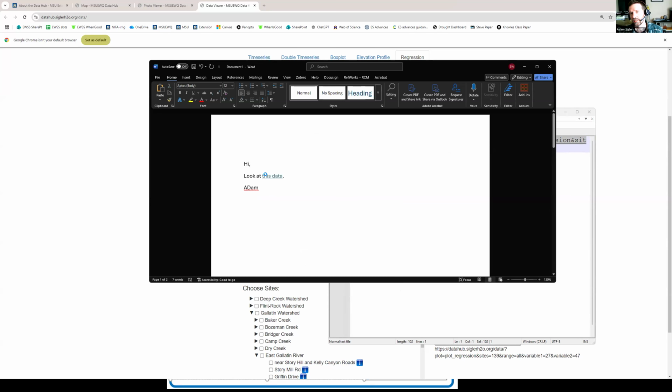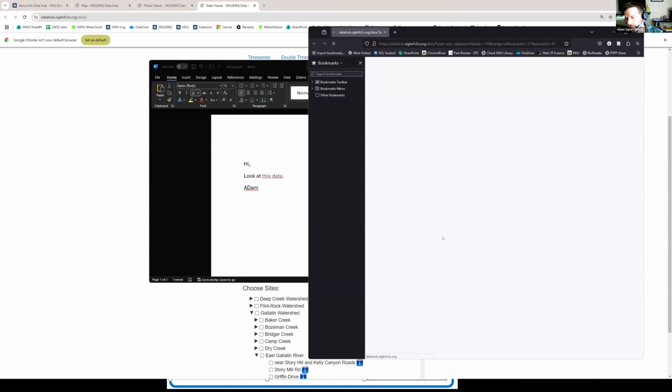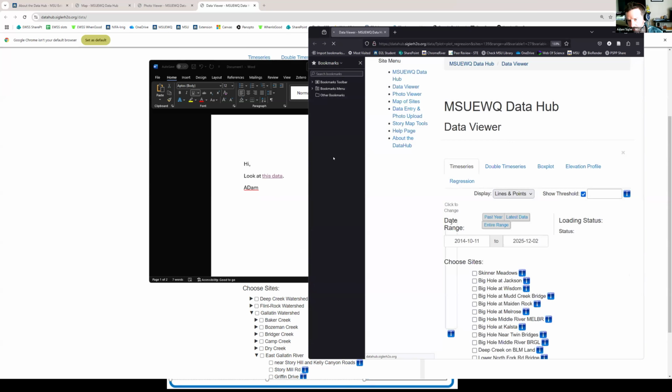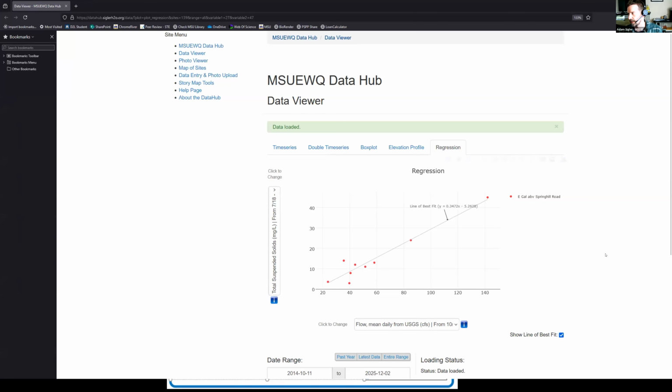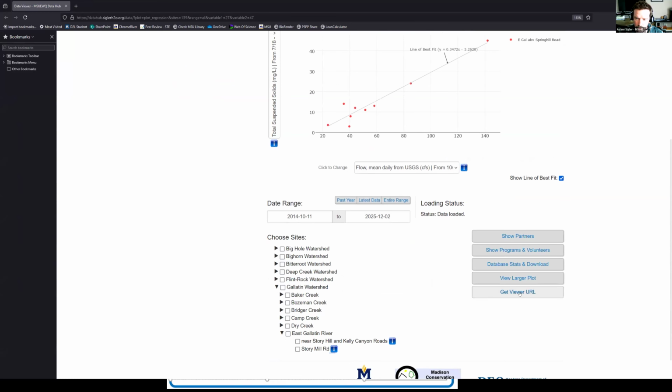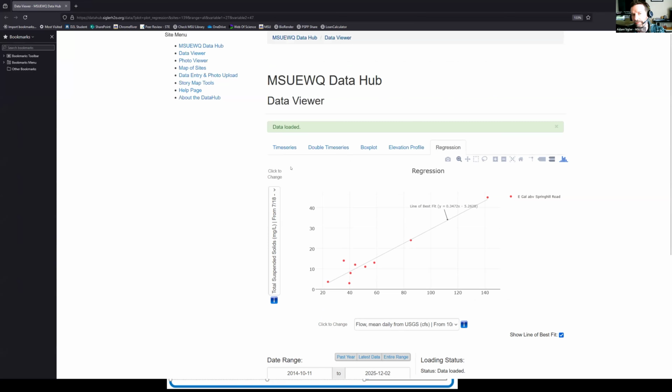Now that person I send this message to clicks on that link and they pull up the exact data view that I was just looking at. So this is a way that you can easily share information on the view. If you go around, explore, find something interesting, you can save the view with that, again, Get Viewer URL. So the last thing that I will show you is that related to these Get Viewer URLs and the photos,